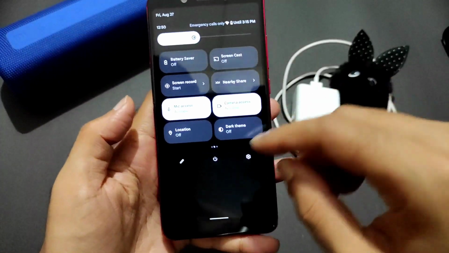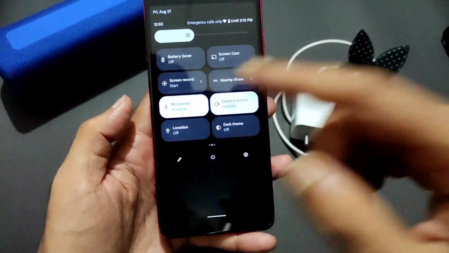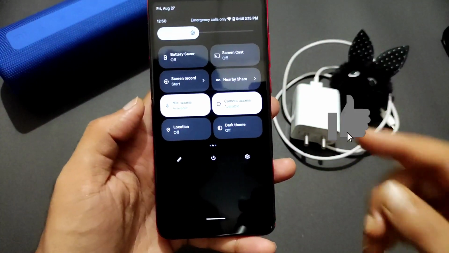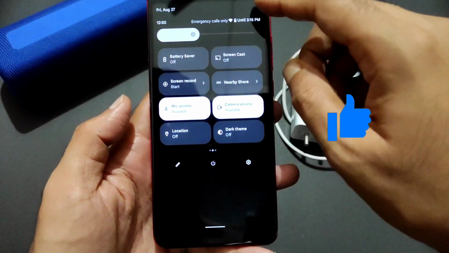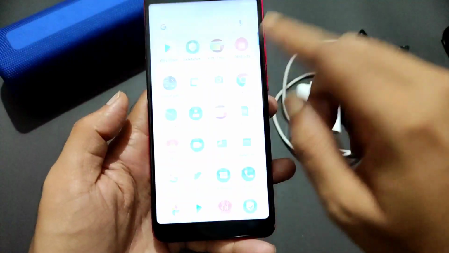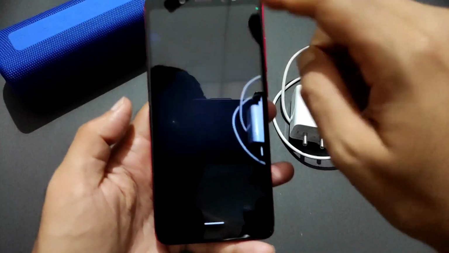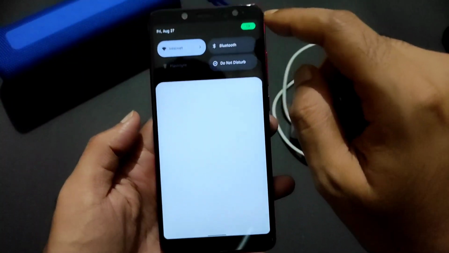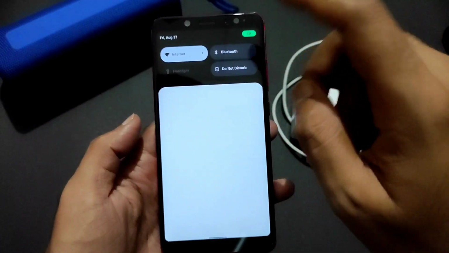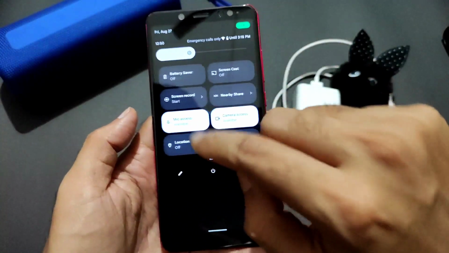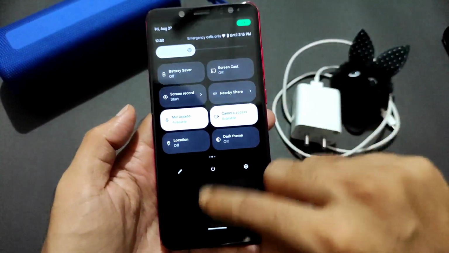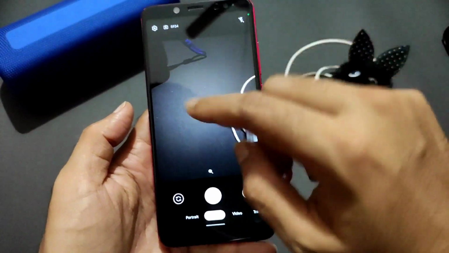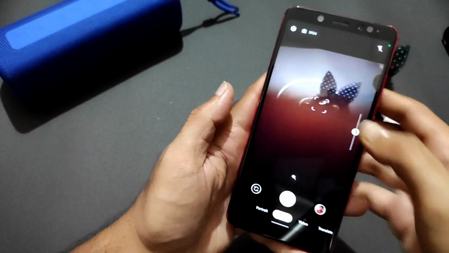And if you're using certain apps where mic access and camera access are available, this will be turned on. Notification is shown here. Let me show you. You get the default Google Go camera. As you can see, now the camera access is being used, hence you are going to be notified here. If it is using mic access, it will be shown here. That's how the performance is, and you get everything fine in this ROM.